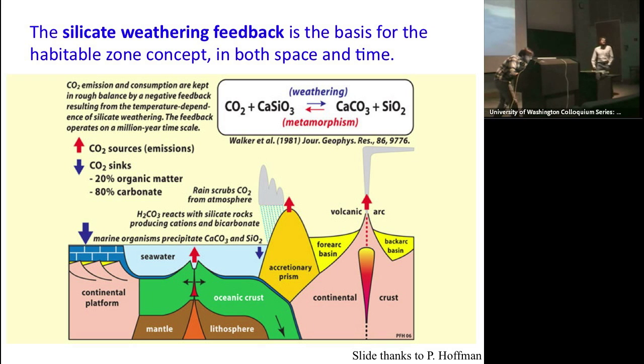Okay, but the new thing, the thing that I'm going to talk about that's not in most habitable zone pictures is weathering that can happen at the seafloor. So I'm going to be trying to take into account weathering that can happen at the seafloor. So removal of CO2 from the ocean atmosphere system happening at the seafloor, where you could have